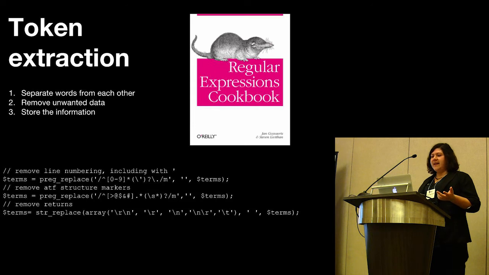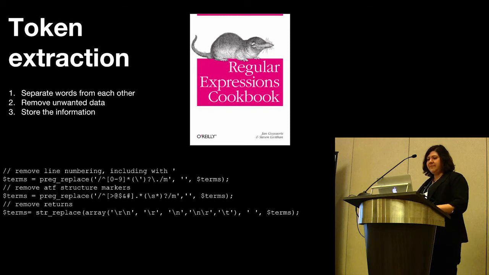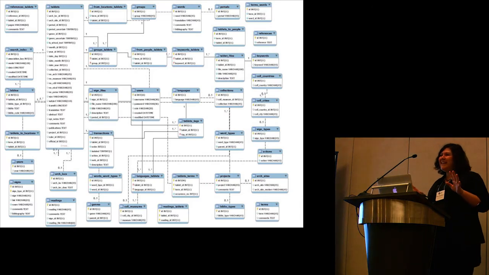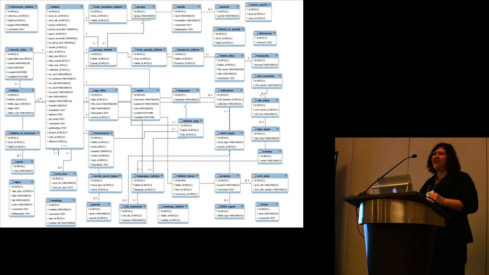So what do we do with this extracted data? Where do we put it if we don't annotate the text? And what about the association between the text and then the tokens and the lemma? For those who know DB schemas, that looks fine. For those who don't, don't be afraid. There's only about 3 or 4 tables in there that manage vocabulary. So this is all the data I collect. I even have more tables now because I'm taking into account some physical aspects of tablets. But only about 3 or 4 tables there are used to manage vocabulary.